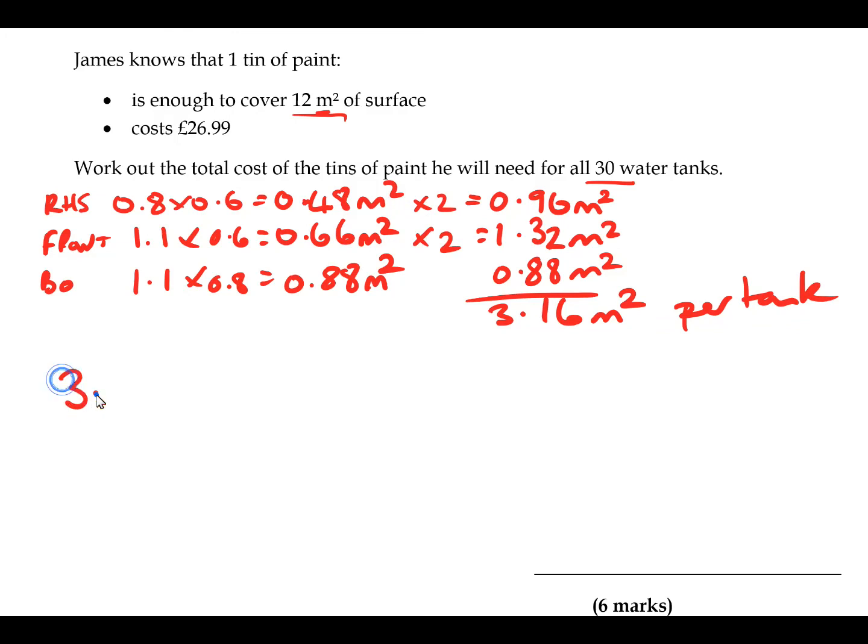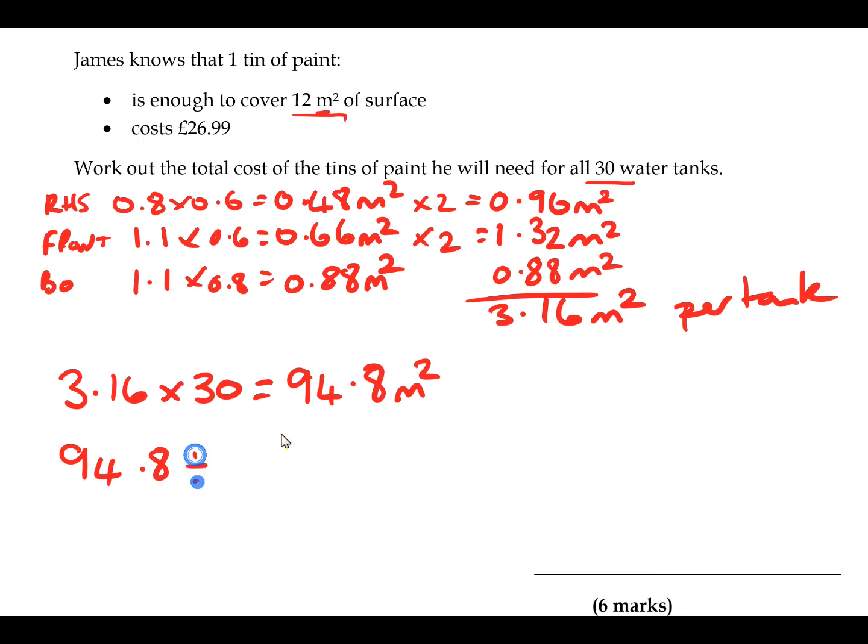We've got the surface area of one tank and we know we need to paint 30 of them. So 3.16 times 30 means 94.8 meters squared is the total area he has to paint. So now we can work out how many tins of paint he needs. So we've got 94.8 meters squared divided by the coverage for one tin of paint, which is 12 meters squared, which is 7.9. We can't buy 7.9 tins, so rounded up